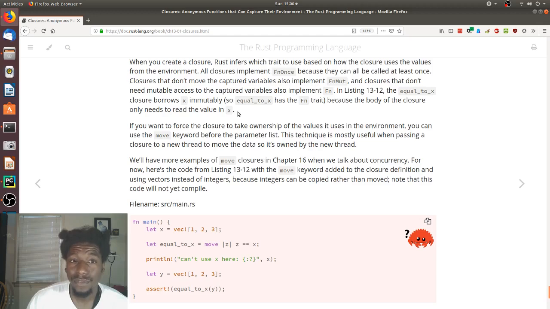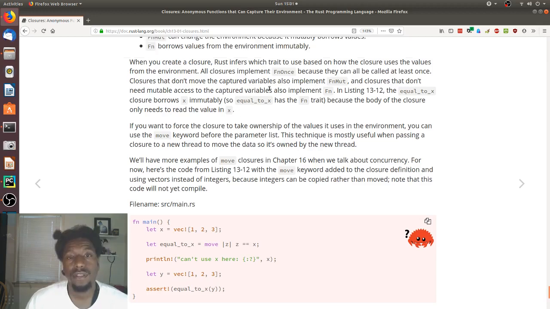That was a mouthful. Hold on, let's go over that. So all closures implement FnOnce because all closures have access to their outside environment and they can all be called at least once. Now if you want to restrict things a little bit more, you could do FnMut, which means yes, the closure has access to everything in the environment, but the items in the environment are not being moved to the closure. So here you have a mutable reference that you can